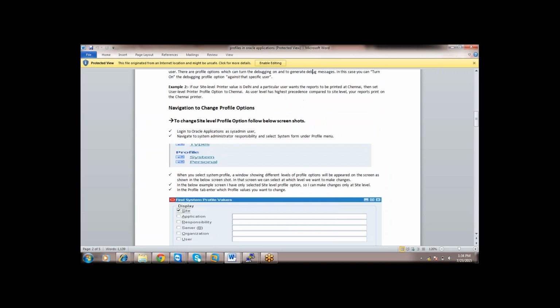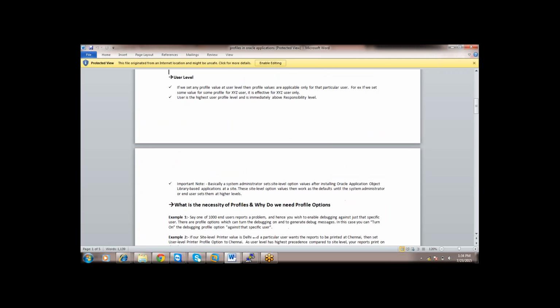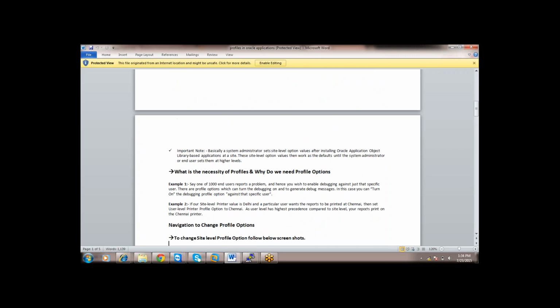Santosh, your application level depends upon the product, like GL, AP, like that. Profiles will be set on it. Yes, yes, it is the same. That is the case. So guys, like